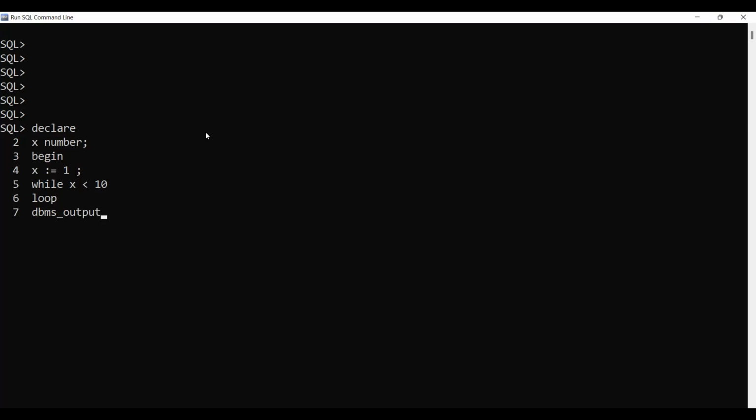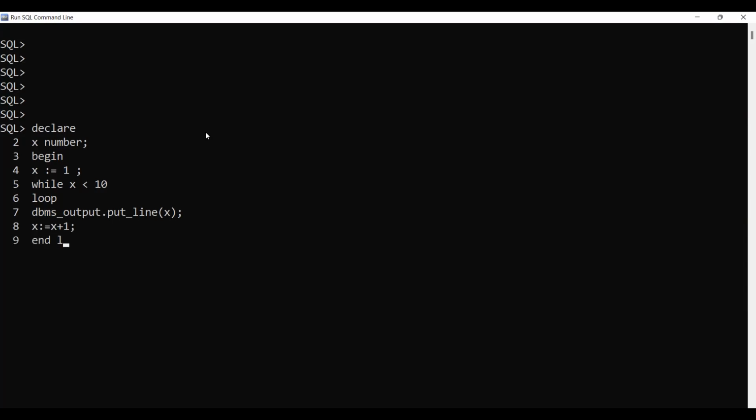This loop is not very popular, but we have this also. So here I'm just displaying the value of x. So it will display while x is less than 10, then I will say x equals to x plus 1